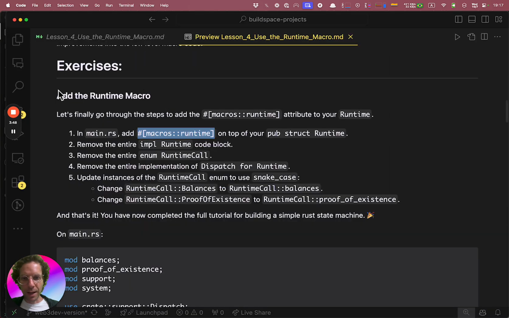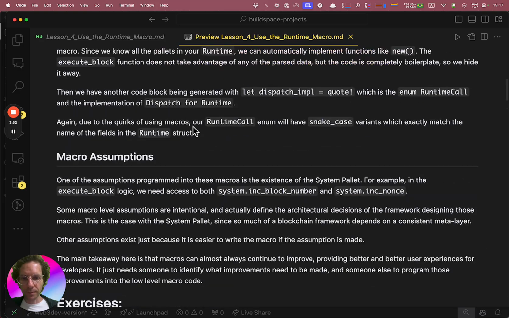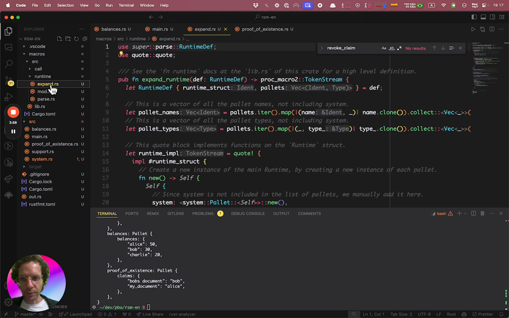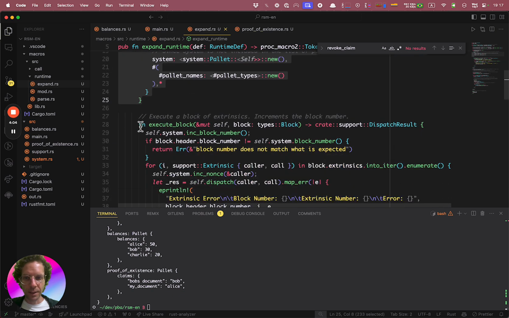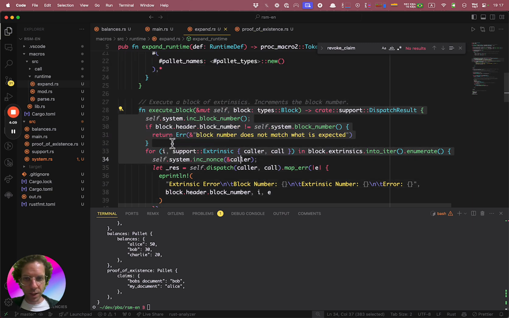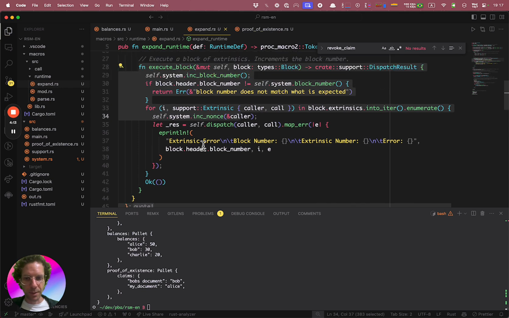If you look at the macro, you see that this macro has all the information inside it. If you look at the macro code and expand, you see that the code that we had there, for example, the new function to create the runtime, the execute block function, everything is created. This is the old code that we had before, but now it's inside the macro.